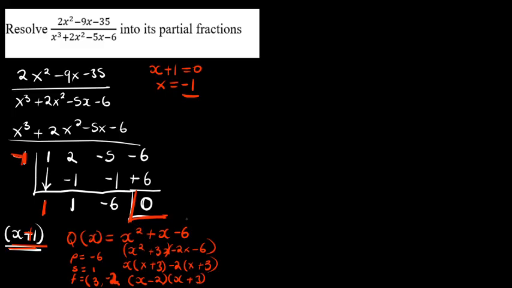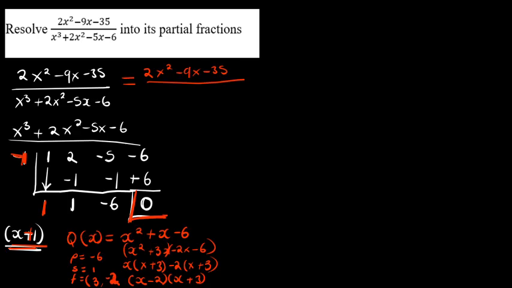That is how I've factorized it. Now, since I have factorized, what next? I'll say equal to, on top it will be 2x squared minus 9x minus 35, over